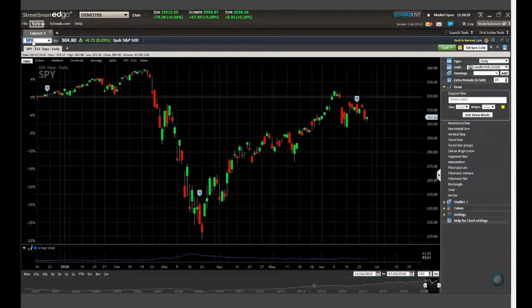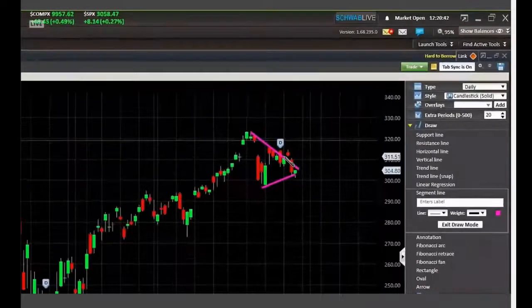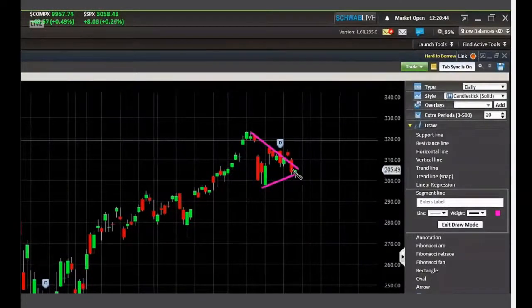Okay, any consolidations that happened? You may be having a little bit of a consolidation right here. So let's draw that segment line right there. And then you've got this one coming up here. All right. So that could be a little bit of your consolidation formation, but we need to have some event. Tell me, is there a known event that's going to be happening within the next week to 2 weeks? Anything. If you know it, let me know. I can't think of anything off the top of my head that could be a big movement,